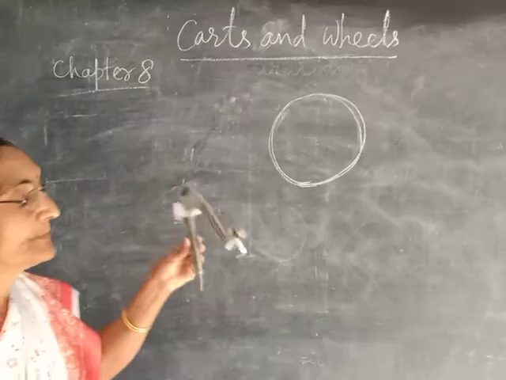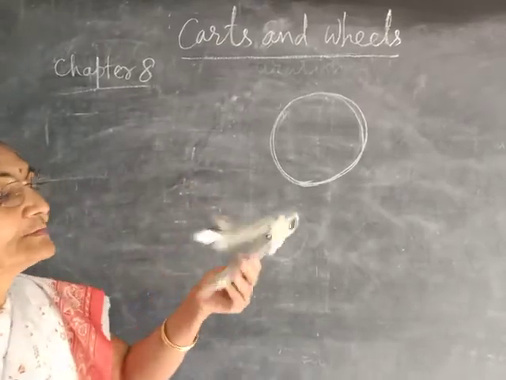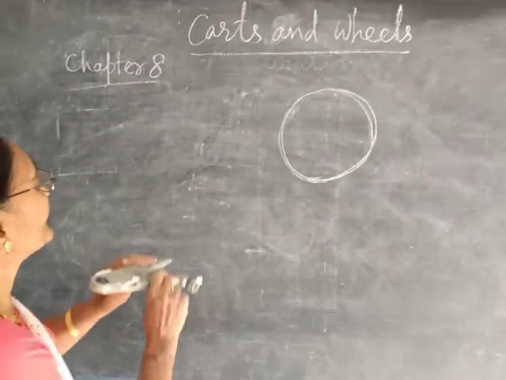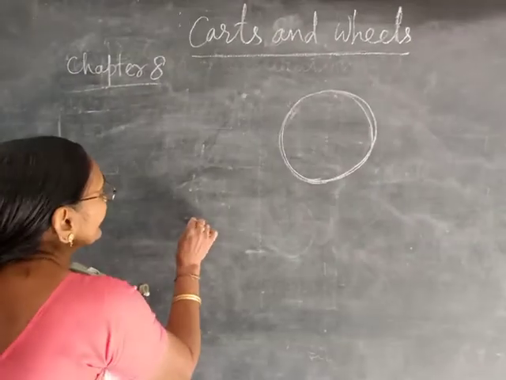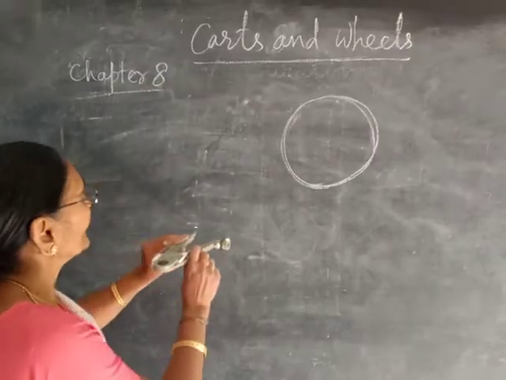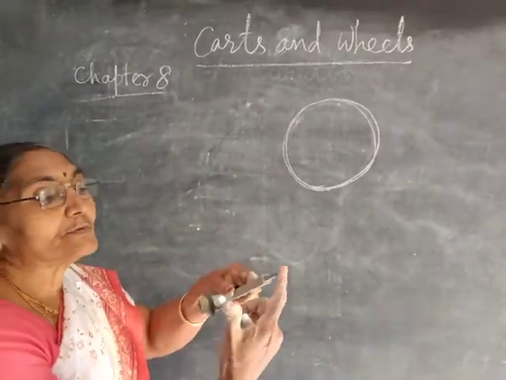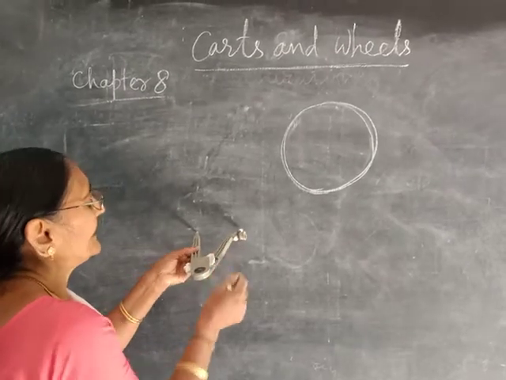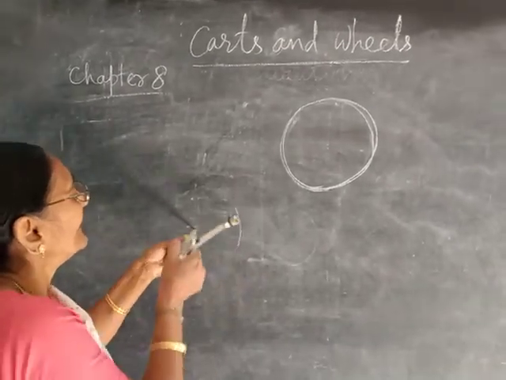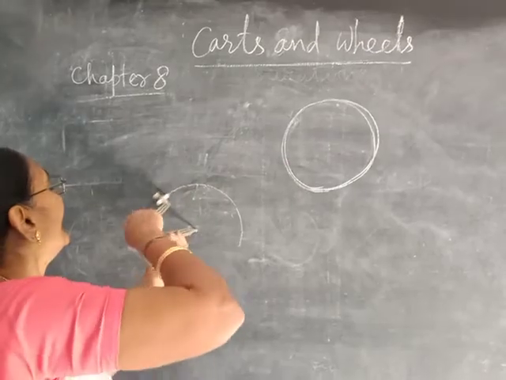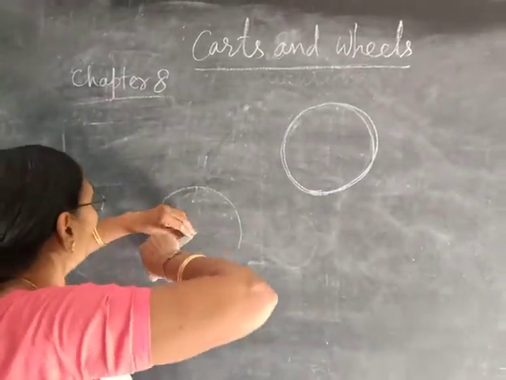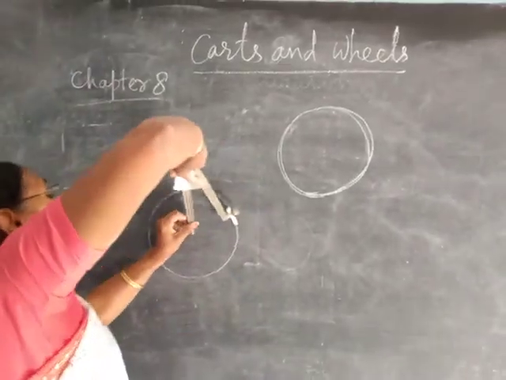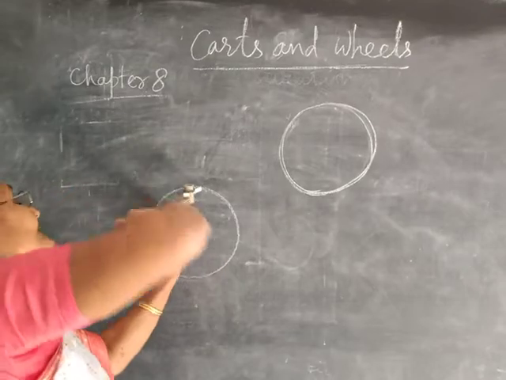You take some measurement. You know this is a rounder. You take some measurement and put it in a place. Suppose you are putting this one in this place. Point. Say this much radius. This you will take and you will keep here and move. See how it is constructed.